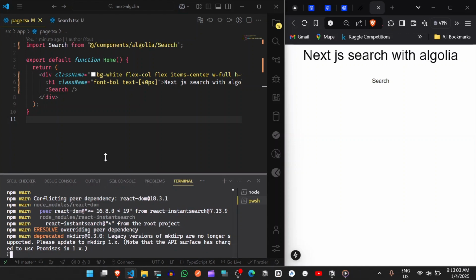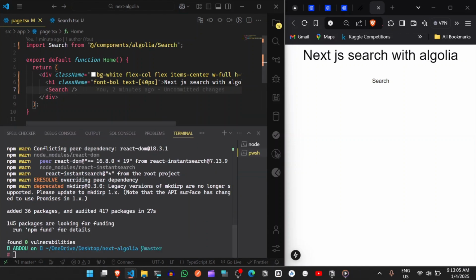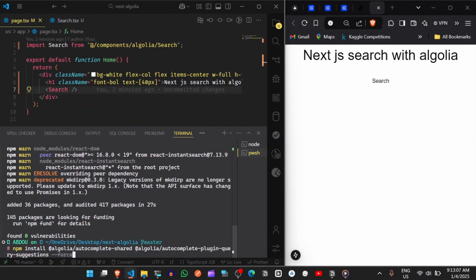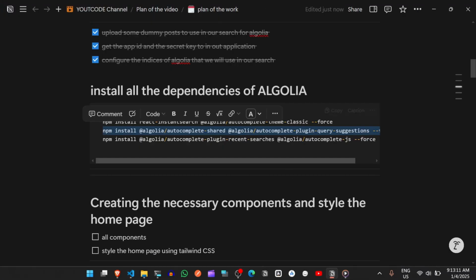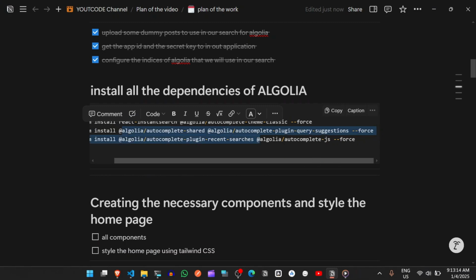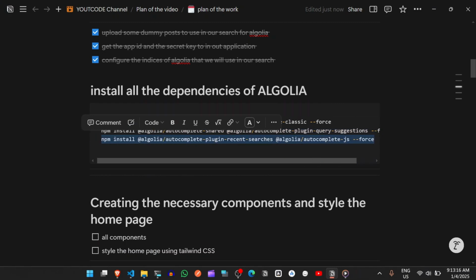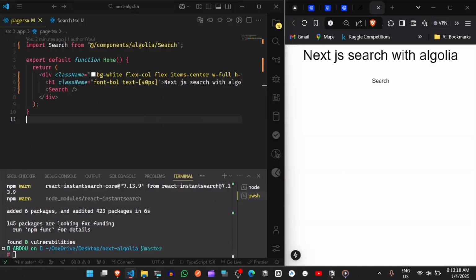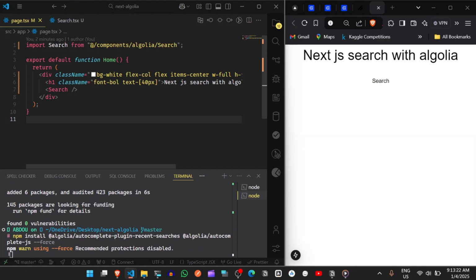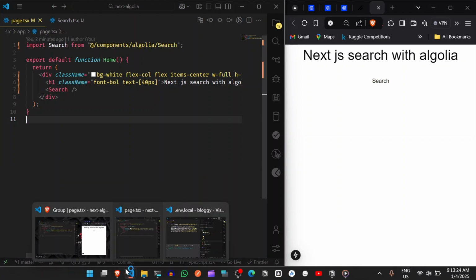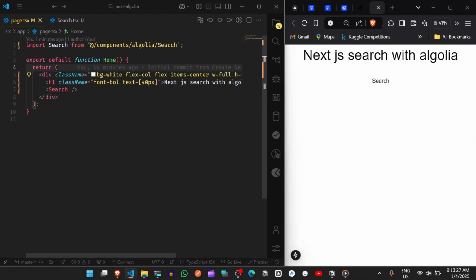To install. Hit enter. Go for the third one. And after that, we will create a new